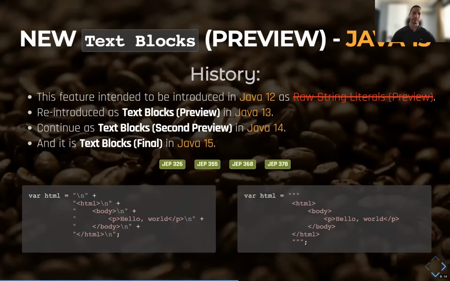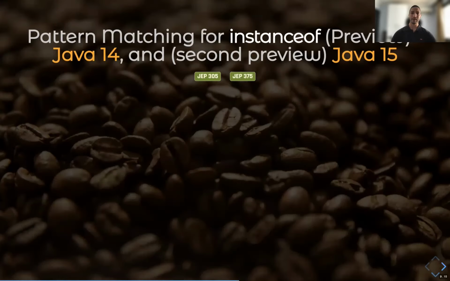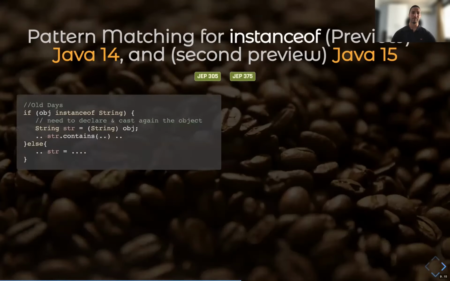It's super nice. Pattern matching for instanceof, yes, we finalized this also. Sometimes in the old days we would like to check about the object if it's